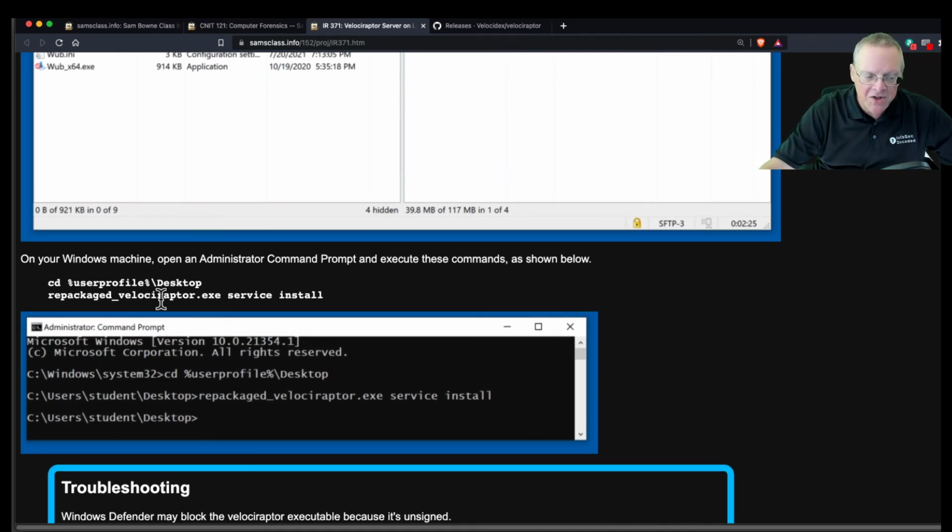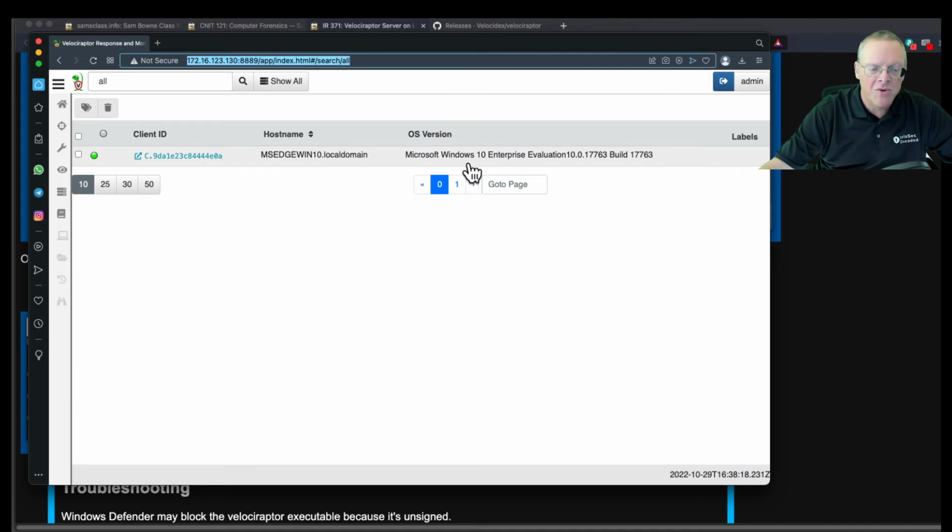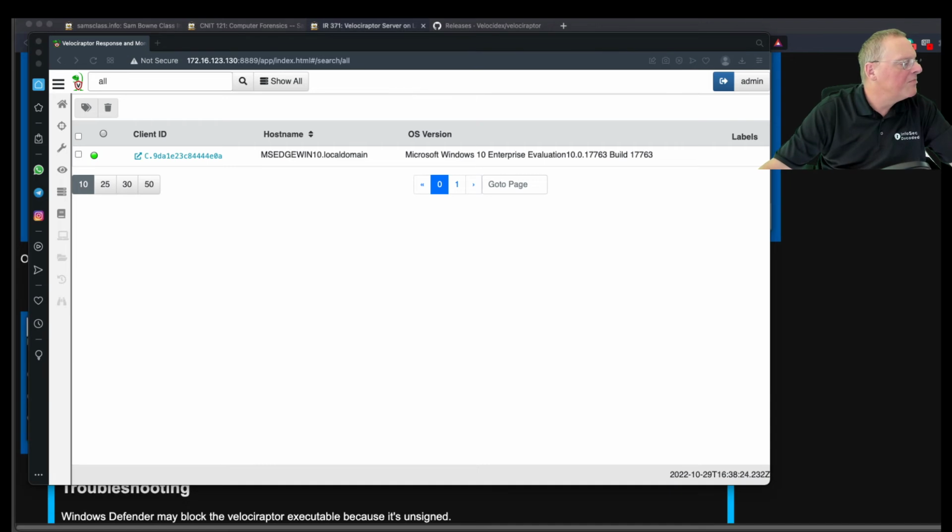You run the Windows executable service install. And so let's take a look at that. I already showed you my Velociraptor server is connected to a Windows machine with this blue link here. And my Windows machine, if you look at its desktop here,